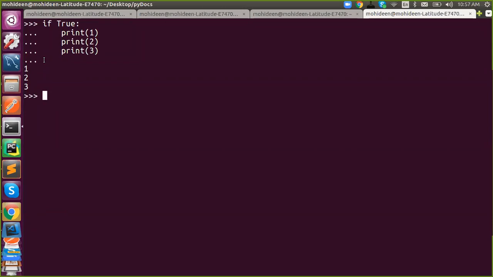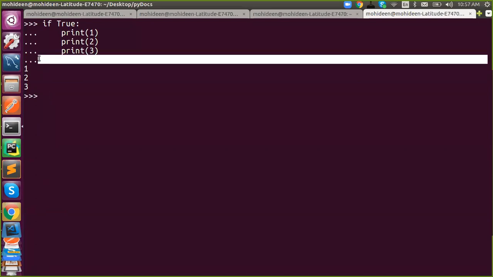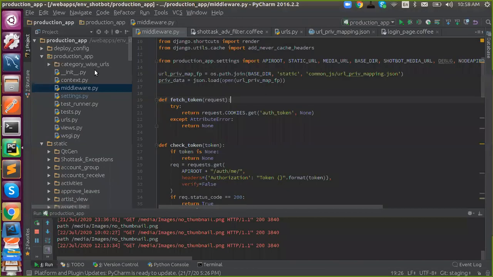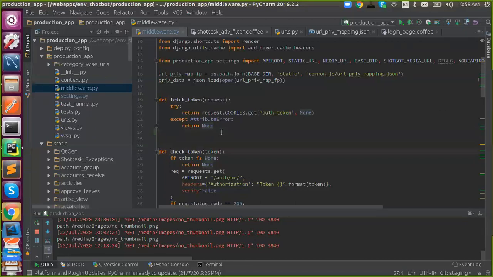In other languages, we terminate it by using a close curly brace. Here, once you terminate the space and move on to the next new line, the indent block will be closed. My block starts with this line, and when it exits, once you're done with this and move on to the same indent, same line.